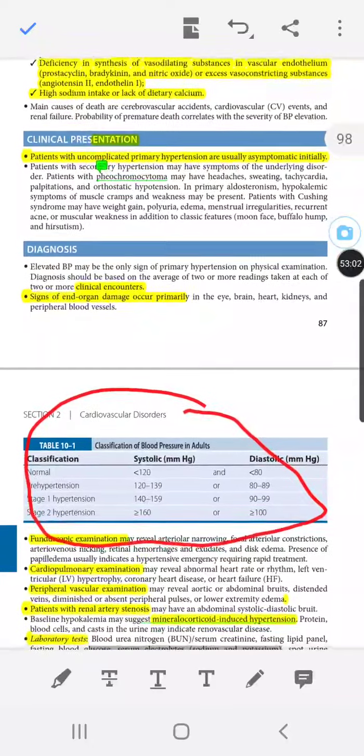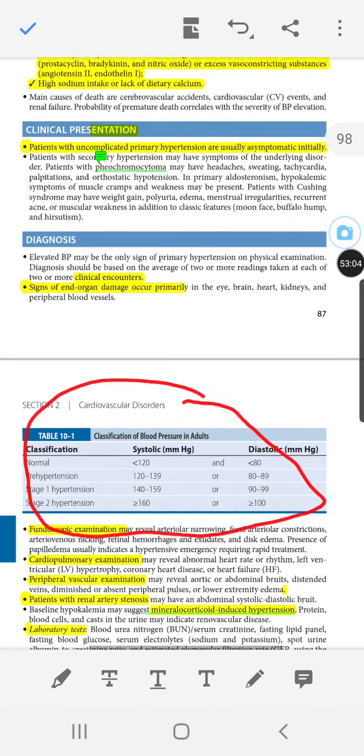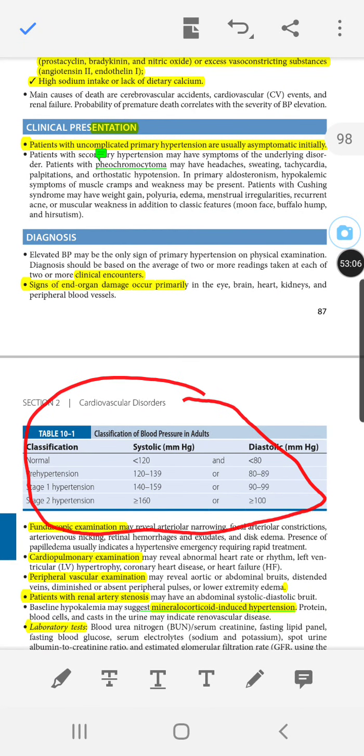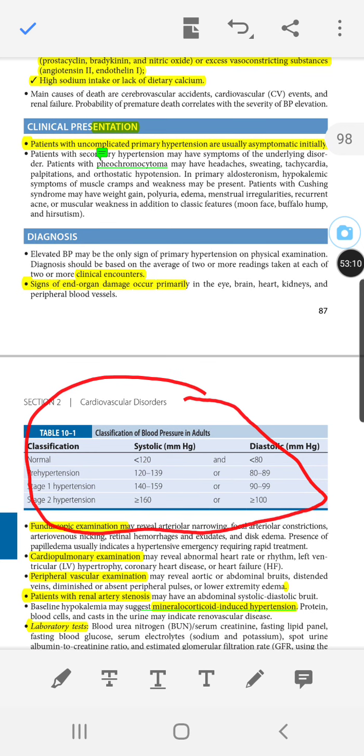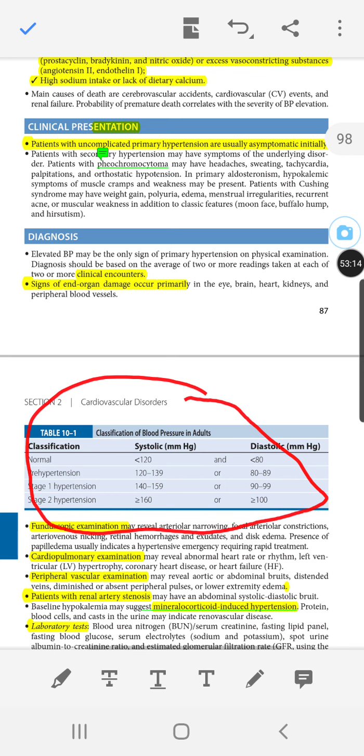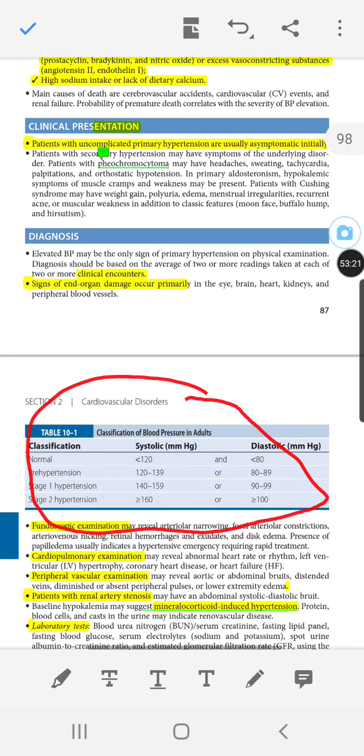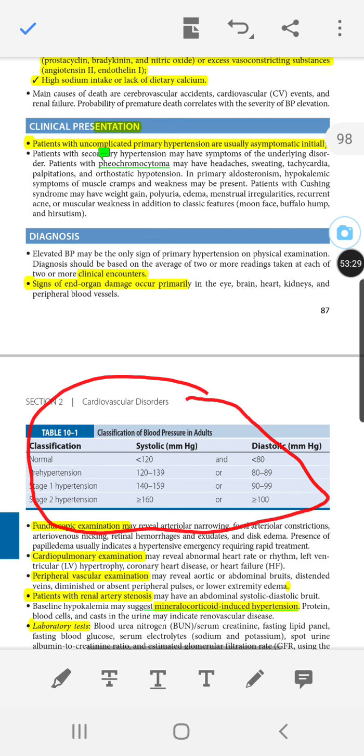Then we have discussed the symptoms of hypertension. Pre-hypertension is asymptomatic, you are not observing any kind of symptom, but in case of stage 1 hypertension, or hypertension that causes secondary hypertension caused by a compelling condition like pheochromocytoma. Pheochromocytoma is